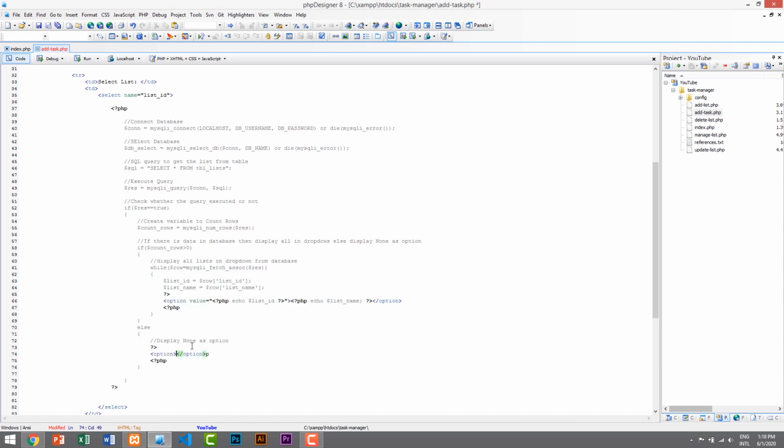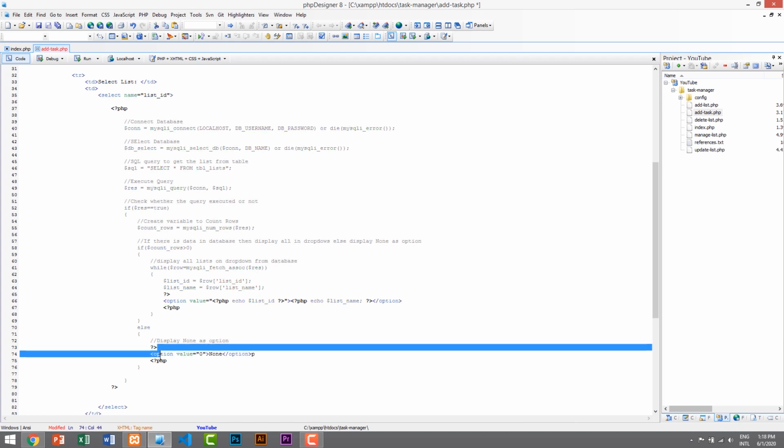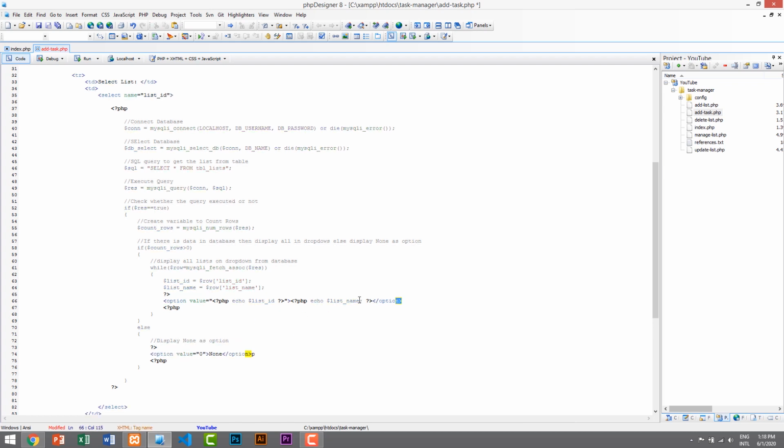So the default value will be, its displaying value will be none, and its value will be 0. So if there are no lists in the database, then this will be displayed, else all the lists from the database